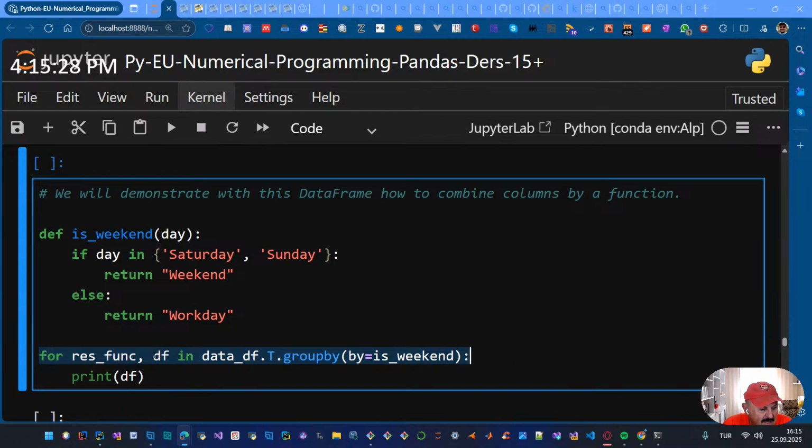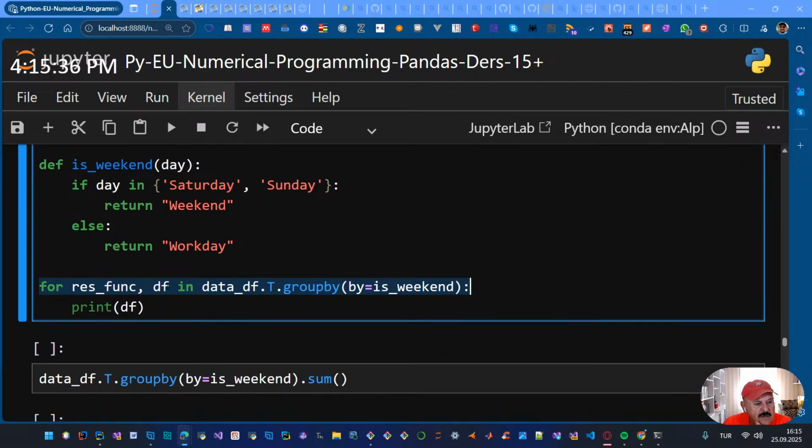Look here, this is a for structure, right? A for structure, and in our very special way, we prefer to return or to investigate two criteria: the data frame and the result function. Okay, and how do we investigate this whole bunch of data over the data frame? The data frame, by applying